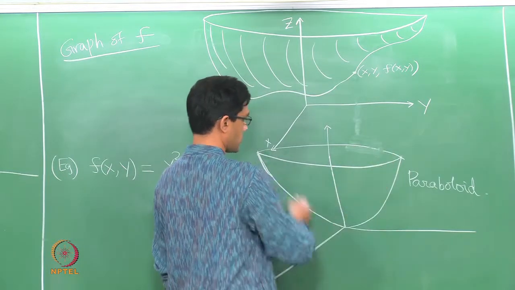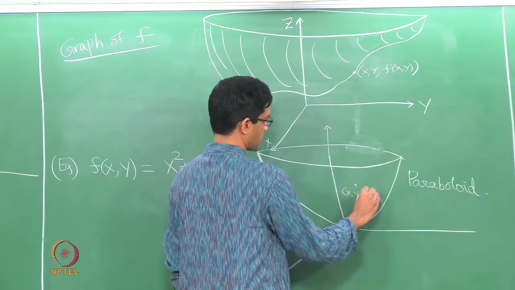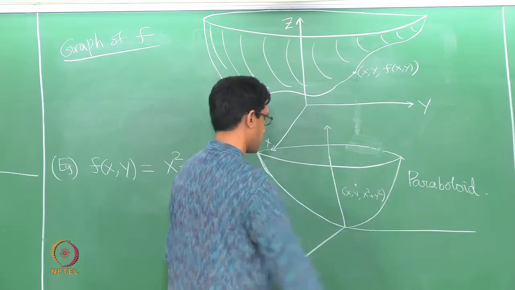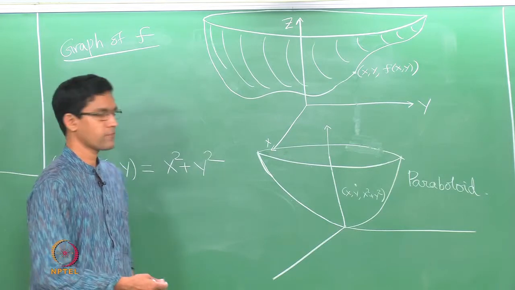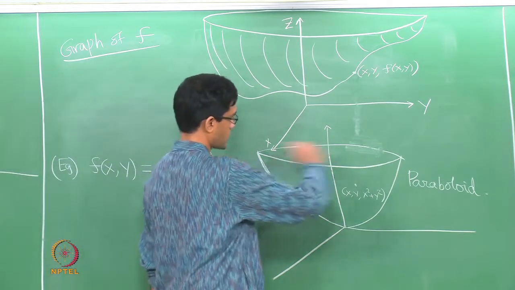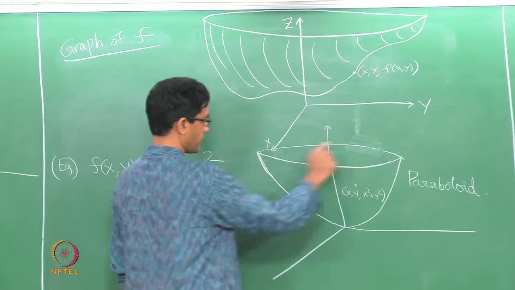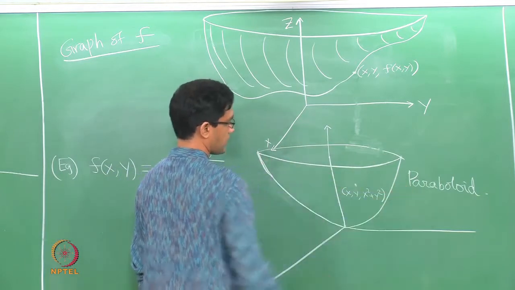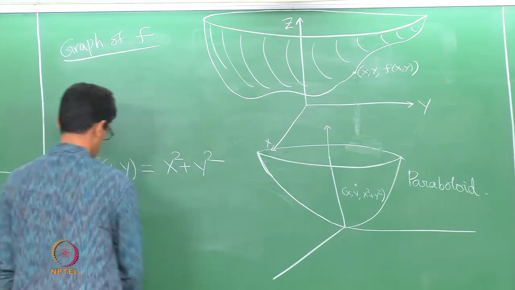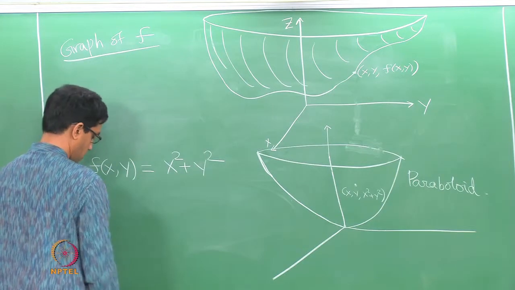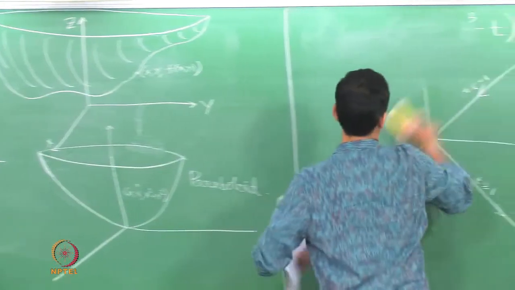And what is the typical point on this paraboloid? What is it going to look like? It has x and y as its x and y coordinates, and the z coordinate is x squared plus y squared. And observe that the paraboloid has the following feature: if you take cross sections, if you cut it by a plane that is parallel to the xy plane, then what you get is exactly a circle. So, no matter where you cut it, as long as you cut it parallel to the xy plane, you always get a cross section which is a circle. So, this is the second picture that one tends to draw of functions from R2 to R.